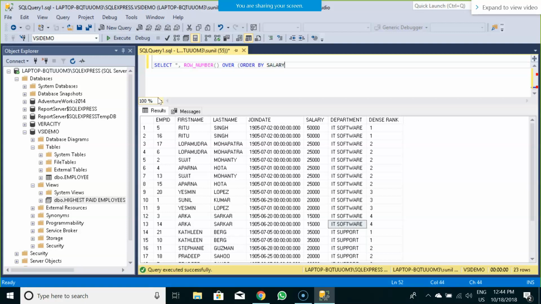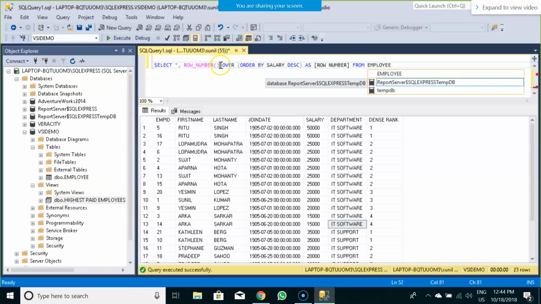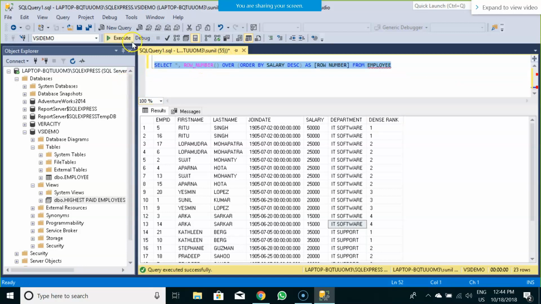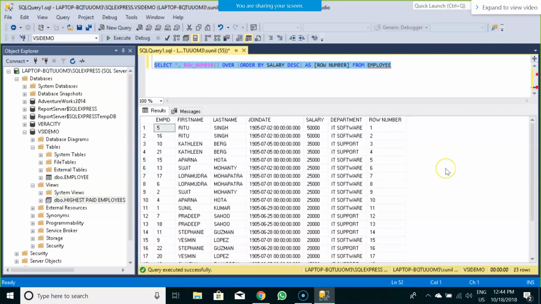Order by salary in descending order as, the alias I would name it as row number, from. What is happening over here?